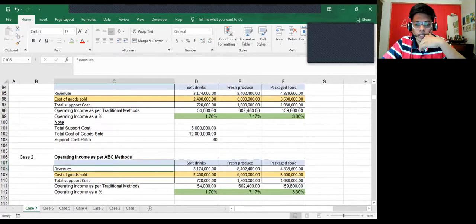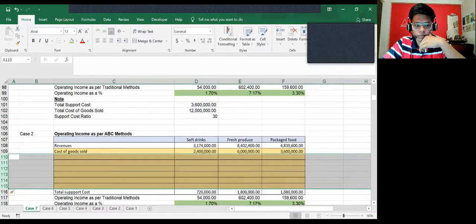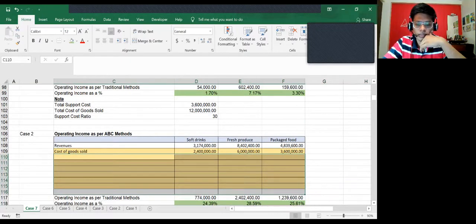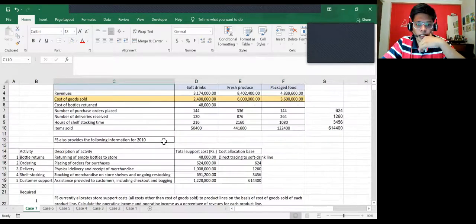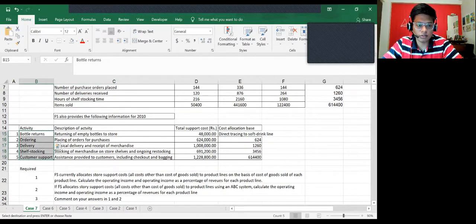Okay, so revenue and cost of goods sold would be the same, just this total support cost would be broken down into multiple items. So I'll click on insert and I delete this first. Right, I can directly copy the costs that are there. So like this bottle, these are the 5 costs.